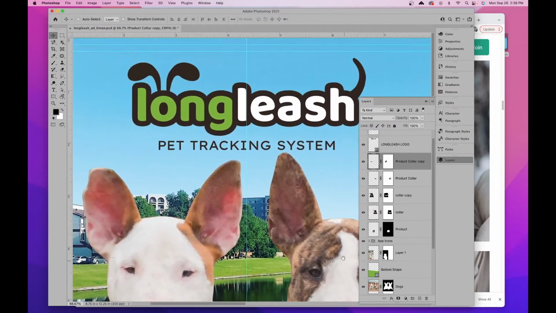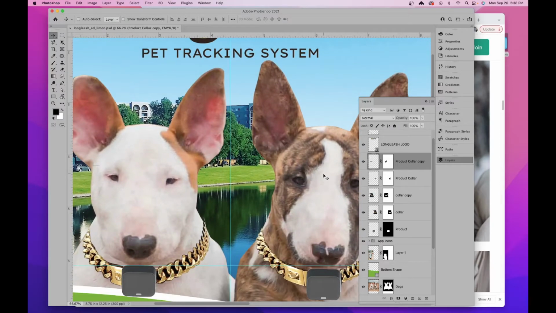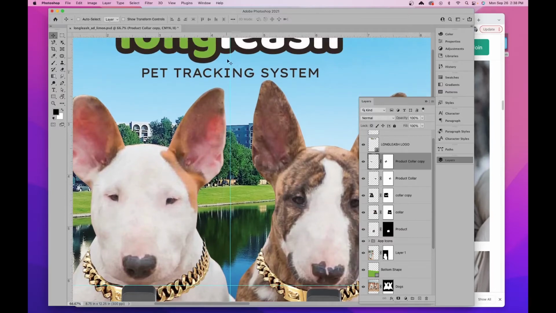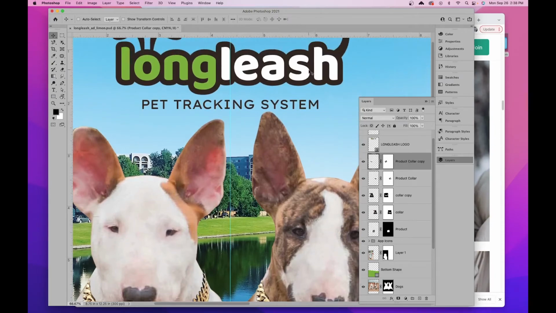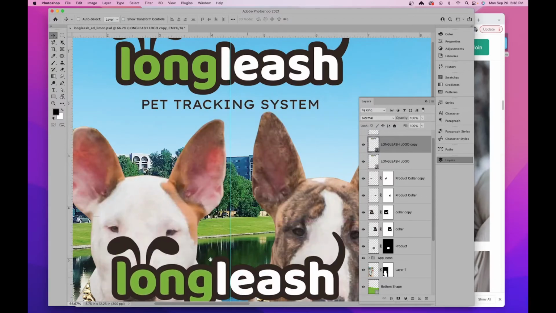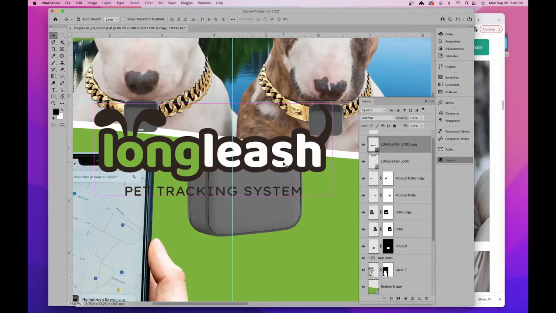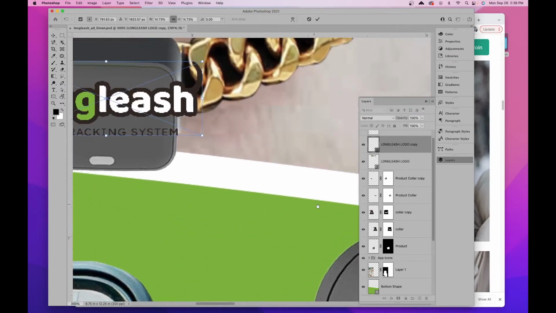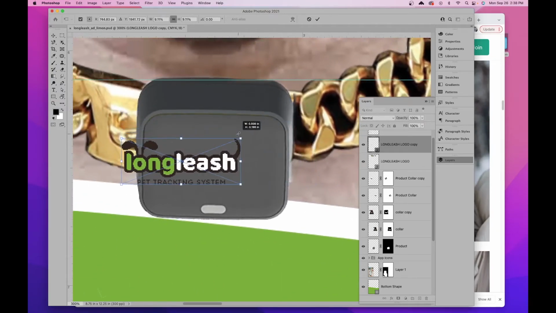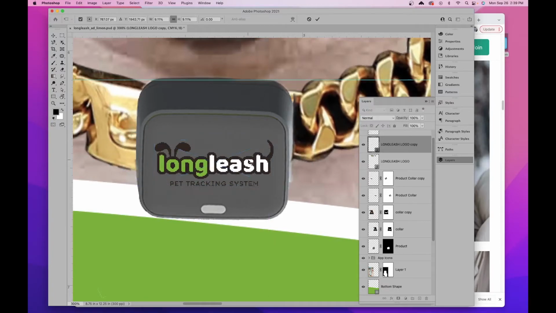So there we go. Another thing we could do at this point is we could copy our logo. And I'm not going to get the pet tracking system, but I am going to get the Longleash logo part of it. So I could actually bring this Longleash logo, make a copy of it, bring it down, Command T, and I'm going to resize it and make it fit within the collar here. And just to give it some branding,